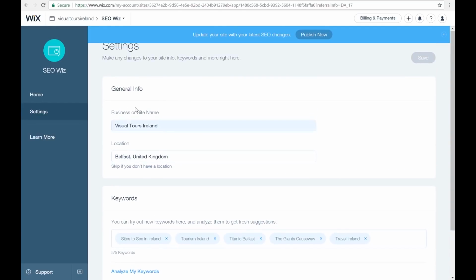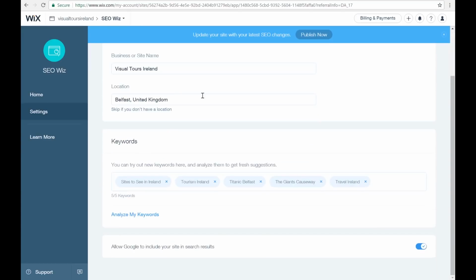When I click into it, it asks for the business or site name, just because if you want someone to search for Visual Tours Ireland, you want yours to be ranked number 1 on the very first page. So moving on down, we have the keywords, and these are sites to see in Ireland, Tourism Ireland, Titanic Belfast, the Giant's Causeway, and Travel Ireland.